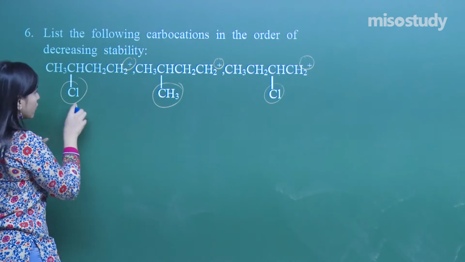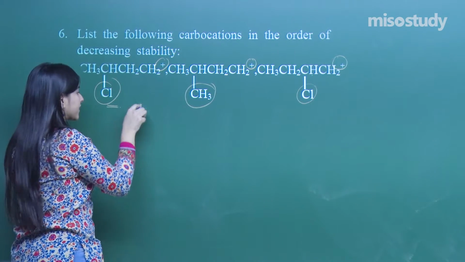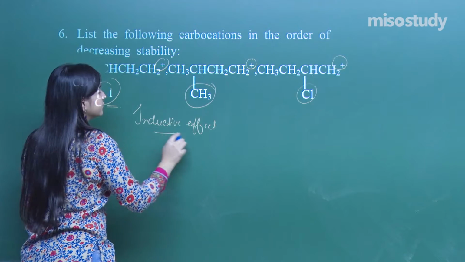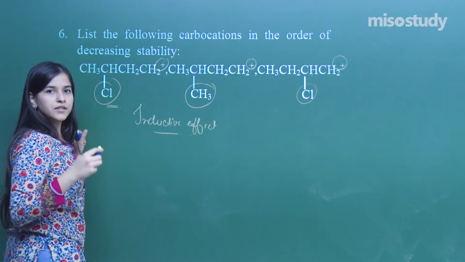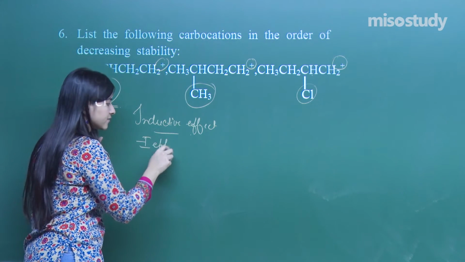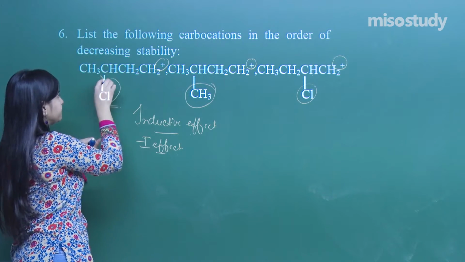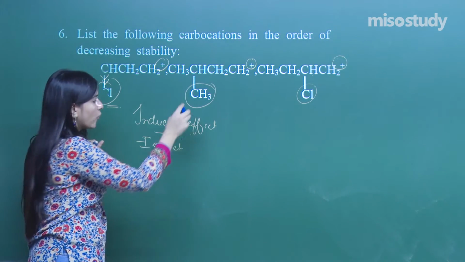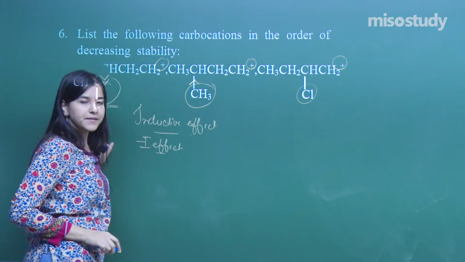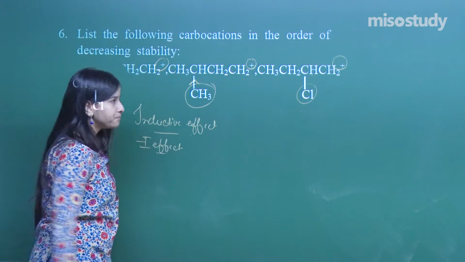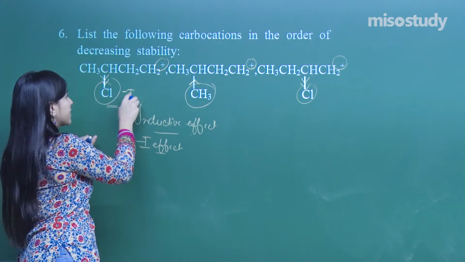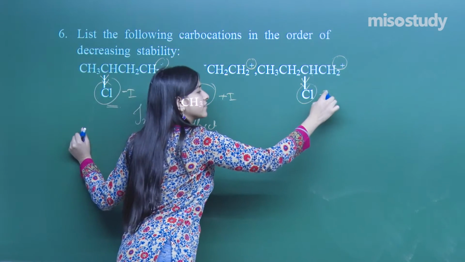So, see here, chlorine. We will talk about the inductive effect in this case. Inductive effect. Cl. What kind of an inductive effect does Cl show? Minus I. Yes. It is attracting one. Fine. What kind of an inductive effect does CH3 show? It's an alkyl group, it's a donating one. Clear? Now coming on to this one. Again an attracting one, right? So this is minus I effect, this is plus I, this is minus I.